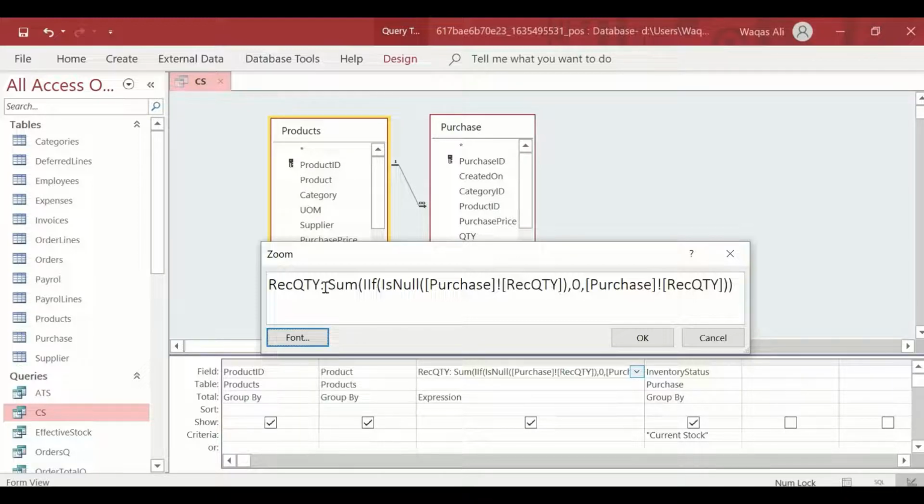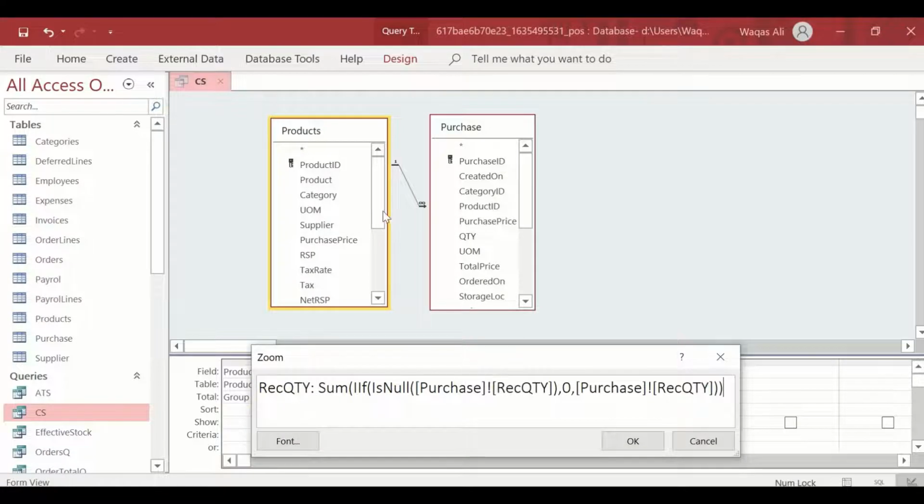So basically the purpose of this adjustment is to tell the query that, even if there is nothing related to that particular product, in this query we are looking at the current stock. Current stock means the stock that we have bought and kept in our warehouse, basically the stock which we have received already.